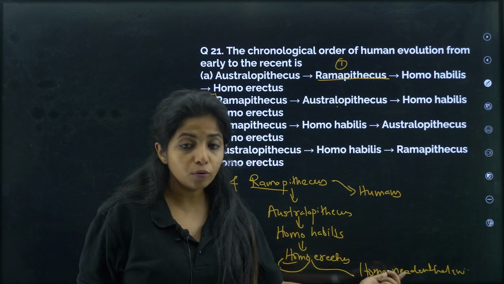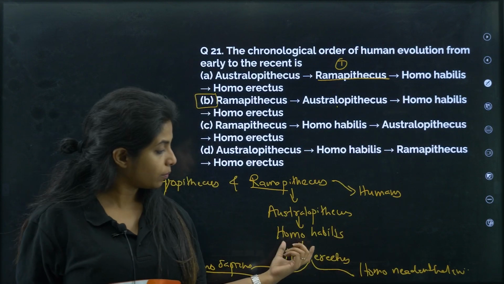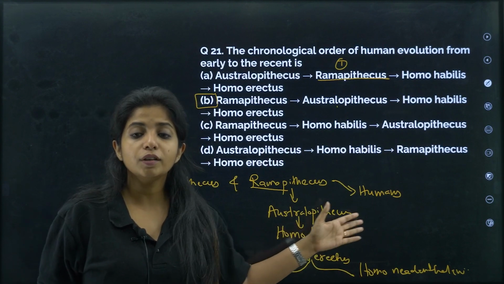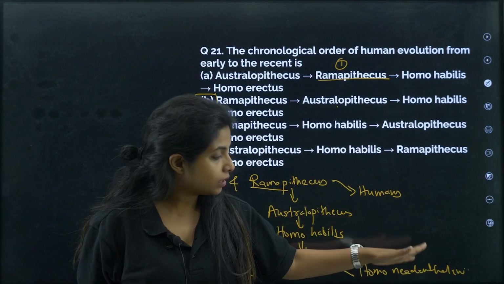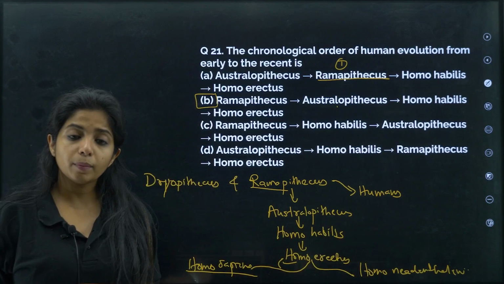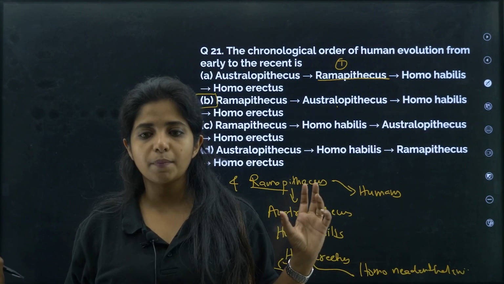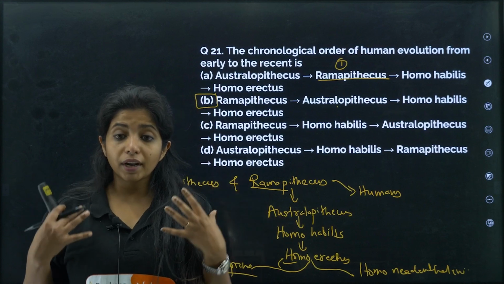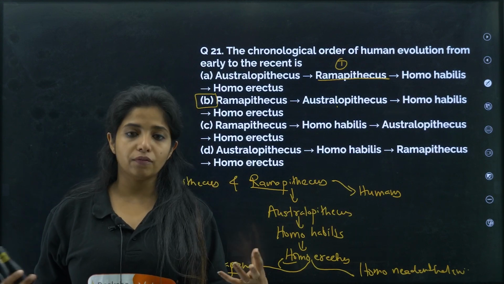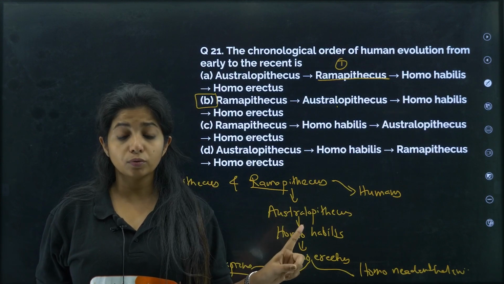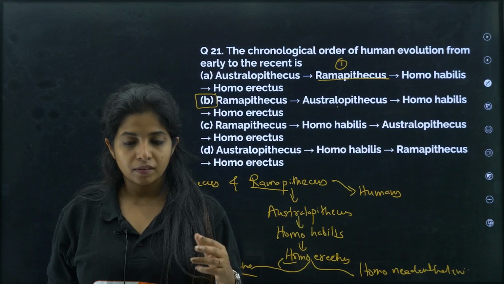Now from them, Homo neanderthalensis came. Okay, from here, it was all in Africa. Now they moved to Europe and all. Okay, from here you got Neanderthalensis, organisms which had high brain capacity, and they started protecting their body. They started covering their body and everything. Okay, and one more thing was unique, that is they buried their dead. That was also one thing.